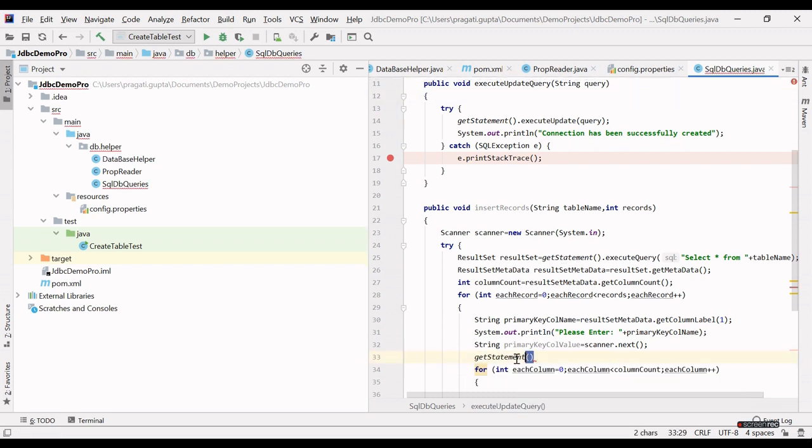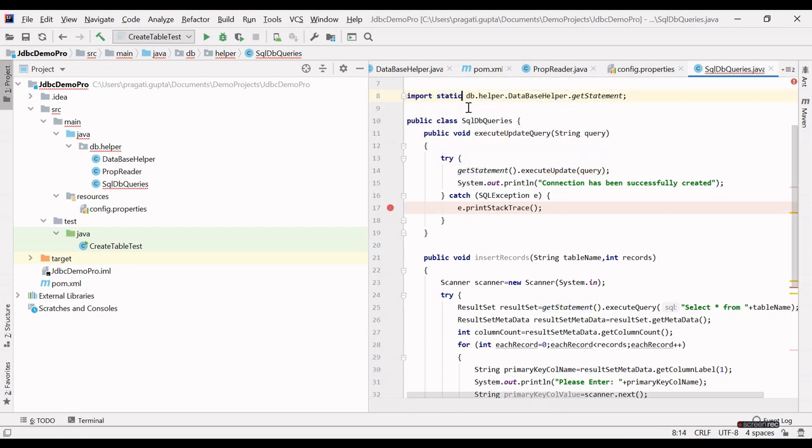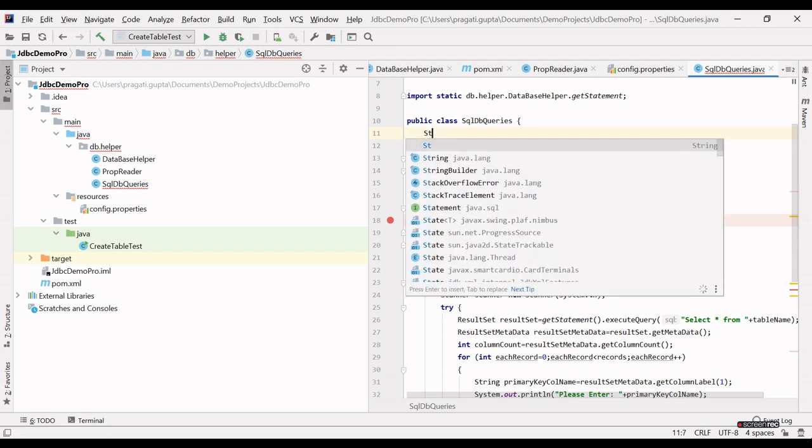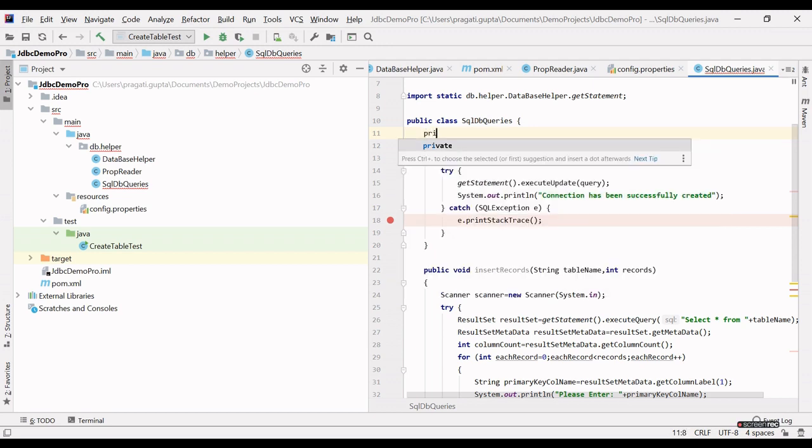So guys, don't you think so? We are calling this get statement method every time, right? So let's create a global variable for this statement. A static block, it will create automatically for us. This is the IntelliJ, it will create automatically.